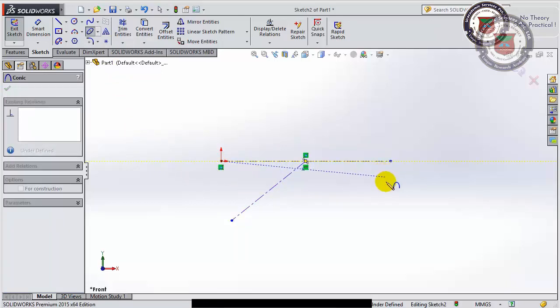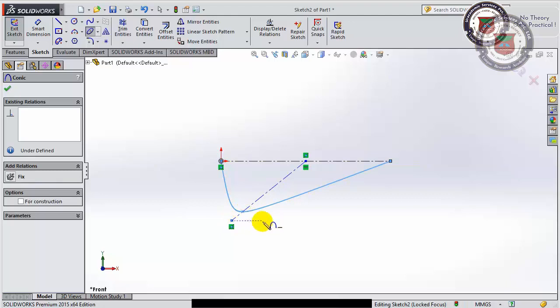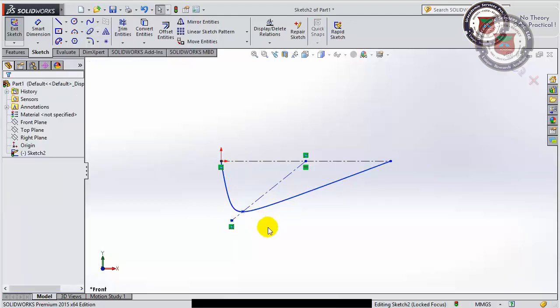Now you can see the center point of this conic must be coinciding with the center point of this line. So I'm clicking on this line. Now I have provided the inclination, and now I have to click on this line anywhere. So I'm going to click here, pressing escape. The conic curve is generated.